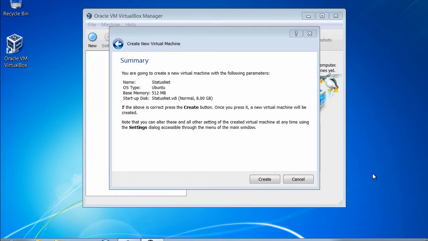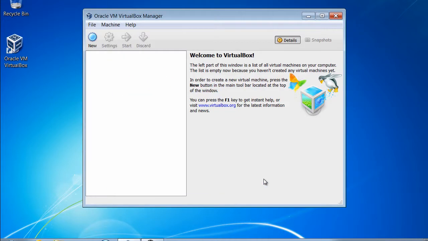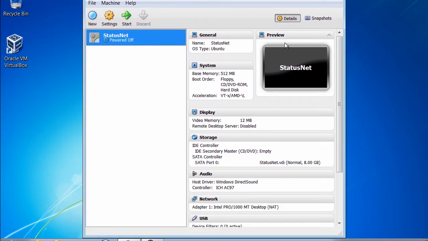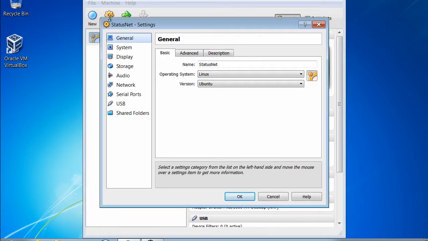Now that I've created my virtual disk file, I can continue to create my virtual machine. You'll notice that the name, the operating system, amount of memory, and my virtual disk file, or VDI file, have all been created. I'll hit Create, and now I have my virtual machine. But before I go ahead and start up that virtual machine, let's make a couple of changes to the settings. From the Settings menu,